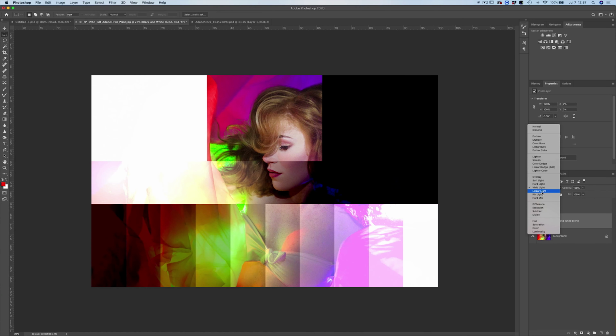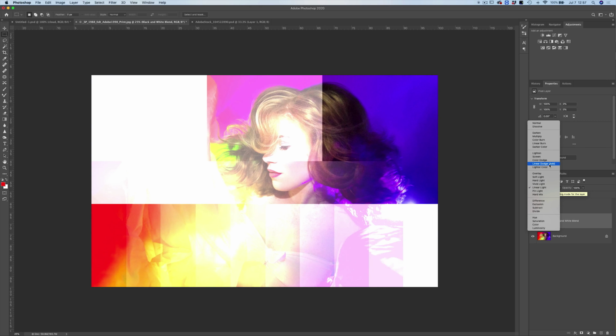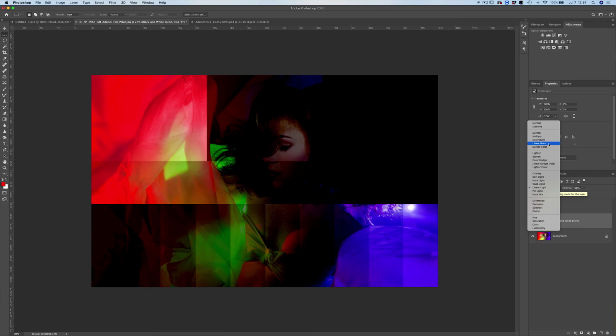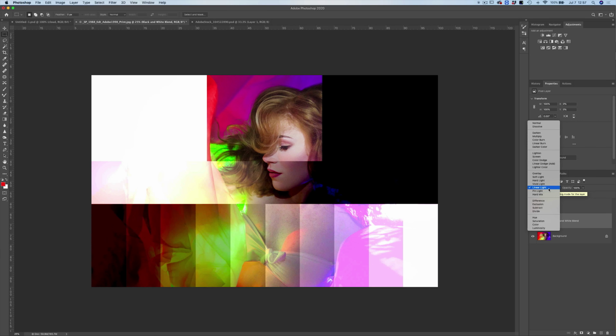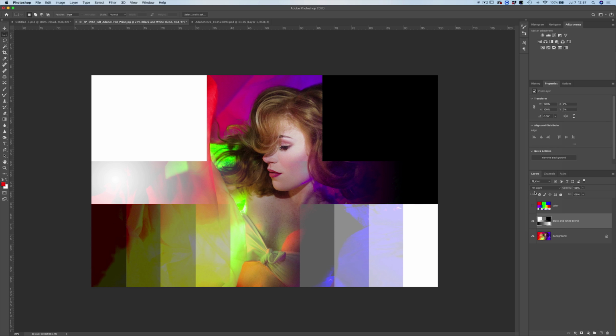We next have linear light, and what that's going to do is combine linear dodge and linear burn blend modes from our lighten and our darken section. You can see linear dodge and linear burn. So now we have linear light, which is going to combine those two. Then we have pin light, which applies a darken and lighten blend mode simultaneously.